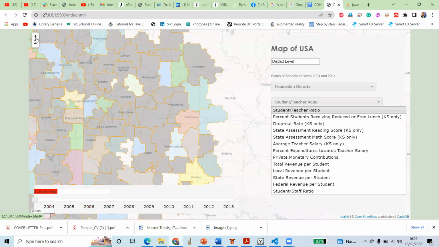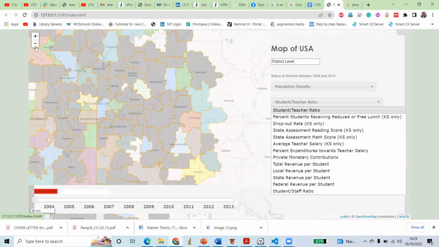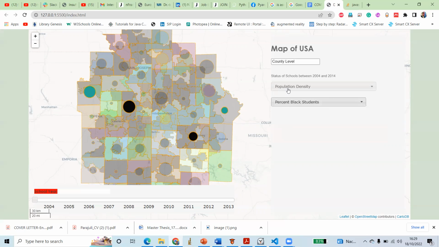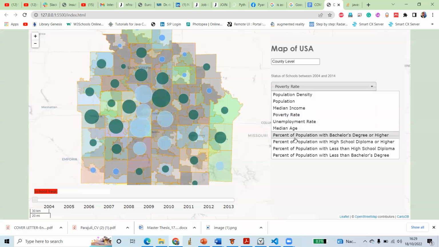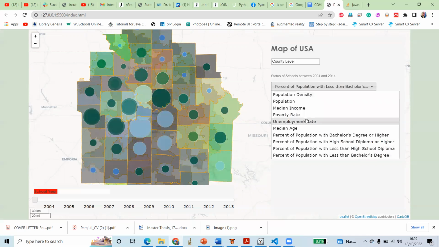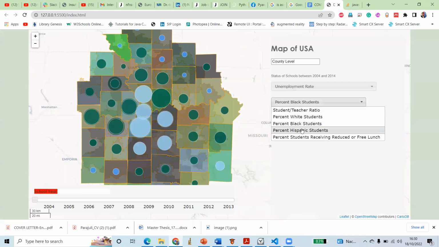So we are creating these options, and we will also try to make different choropleth and proportional symbol maps on different options. For example, like this one,